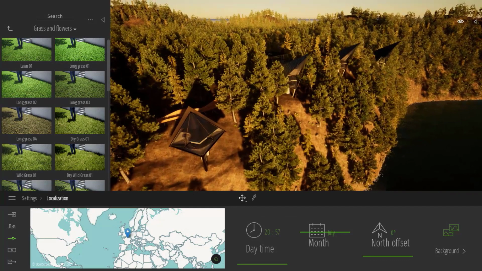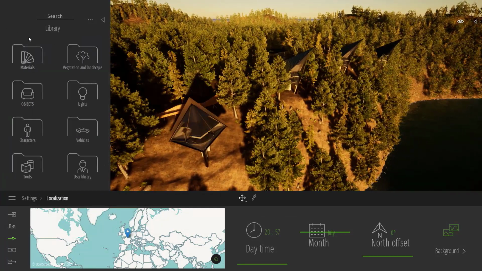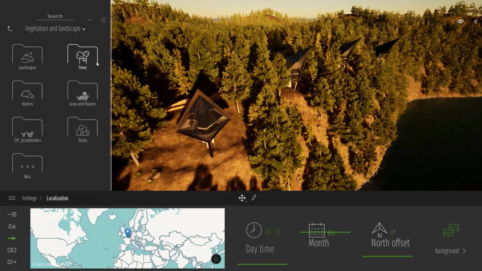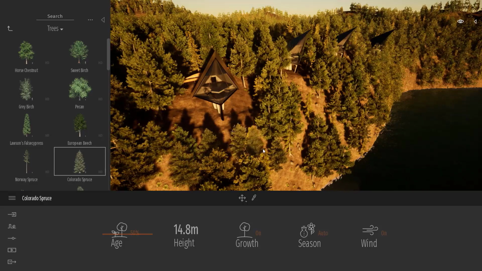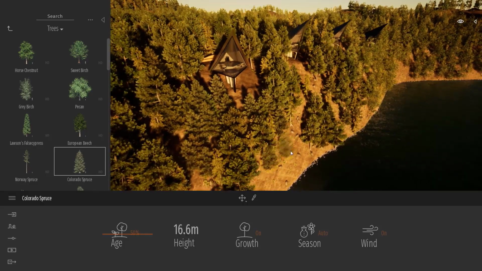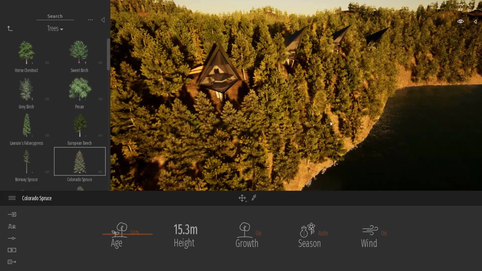So let's come on this side of the project. I want to add a bit more vegetation. As you saw, there are plenty of ways to add vegetation with the scatter tool, the multi-drop tool. Again, here we just add a bit more trees in front of the project because I don't really want to see my terrain. So as you can see, you can pretty quickly vegetalize a small area.